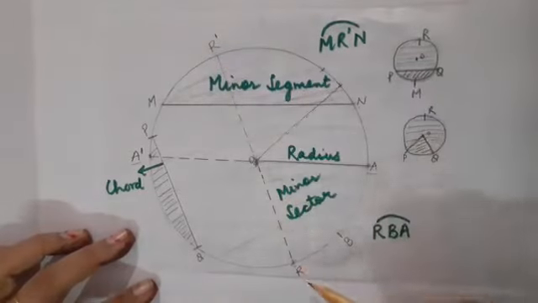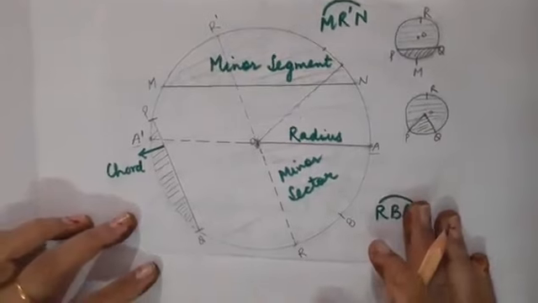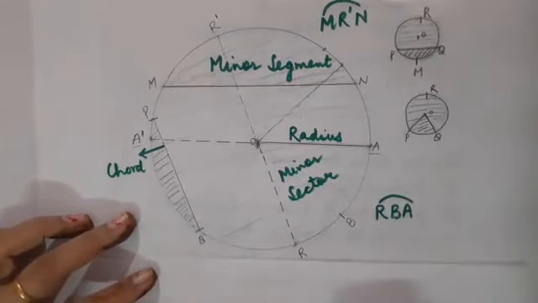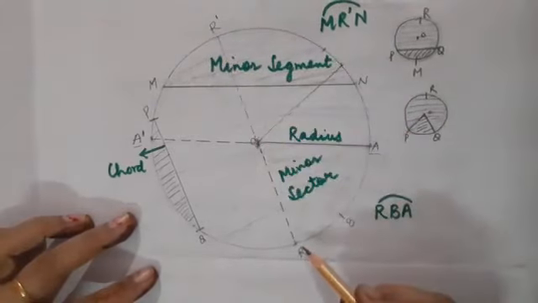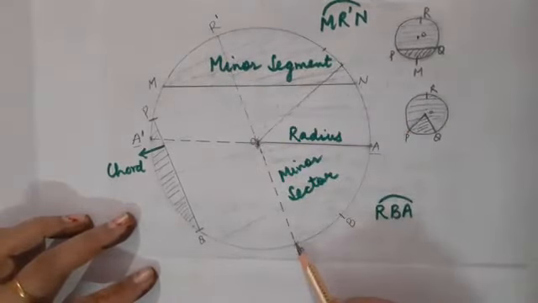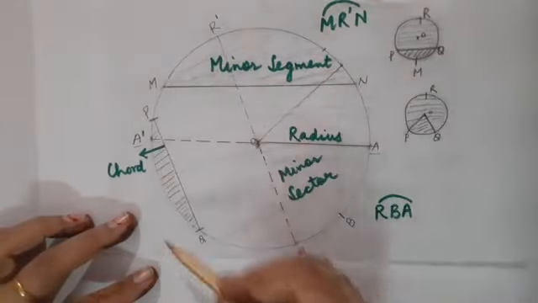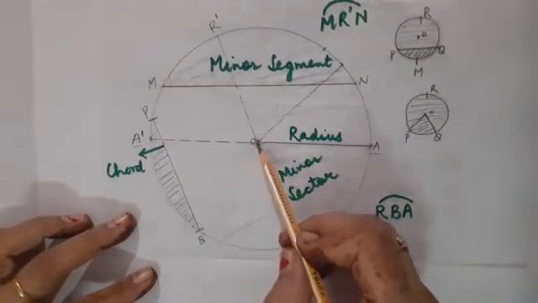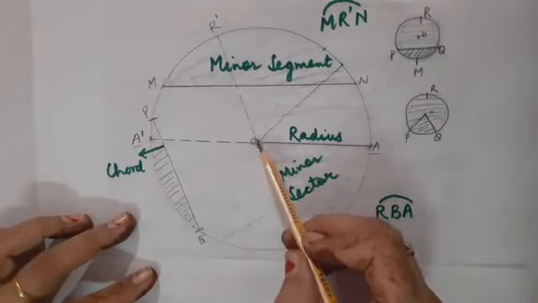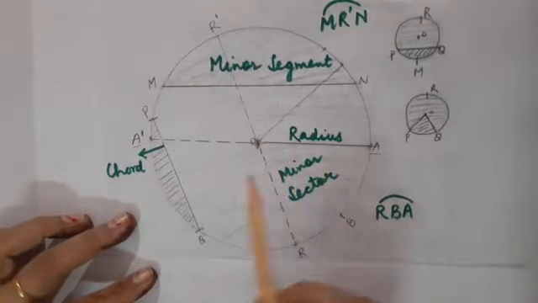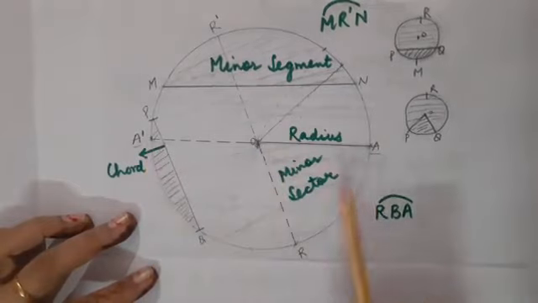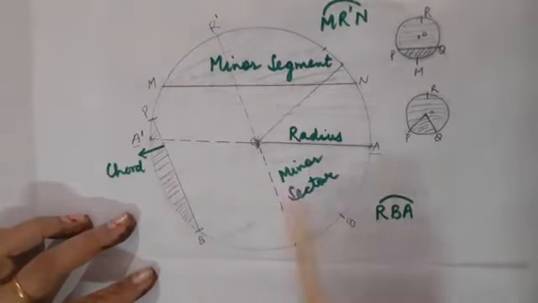Here you can see that R dash is the diameter of the circle. Diameter is nothing but the double of radius. So how to define it? Diameter is a line segment whose both the end points lie on the circumference of the circle, and of course it passes through the center point also. Clear? So here you can see that A dash A, R dash, they all are diameters of the circle.